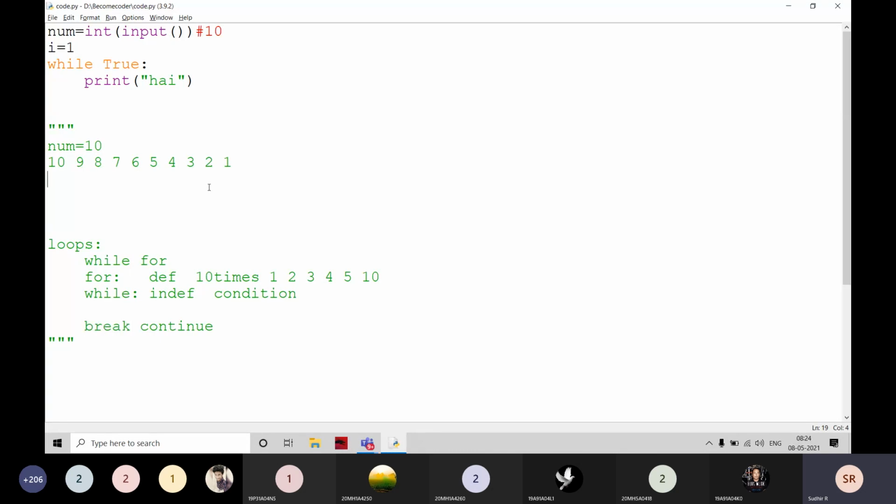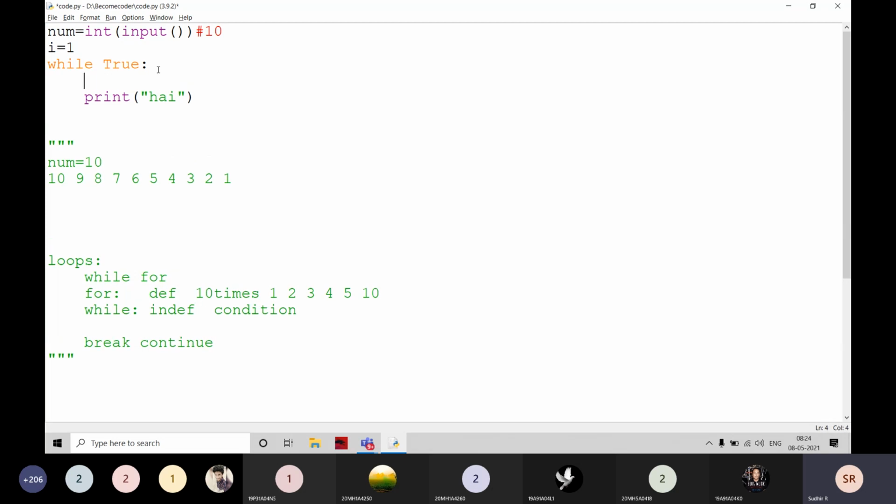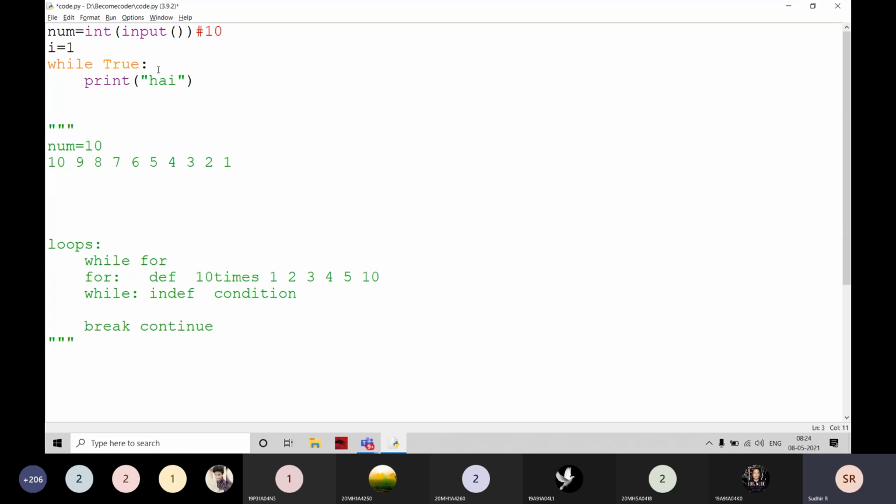So you have to write the if condition like this: if i is equal to, and then you have to write the colon here. Whenever you are writing a block of statements, you have to put a colon here. Then if you press enter, it will maintain some indentation. That means the block of statements you write inside the if block, or while, or function, or anything.